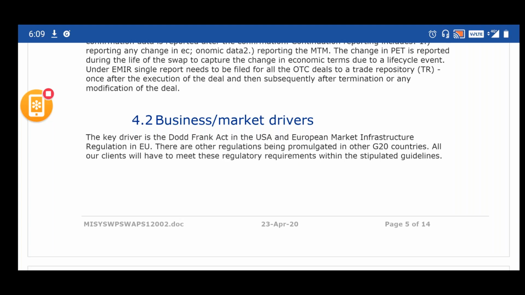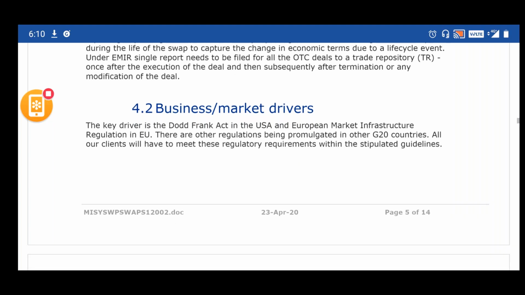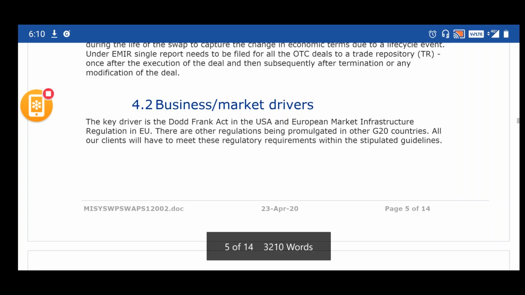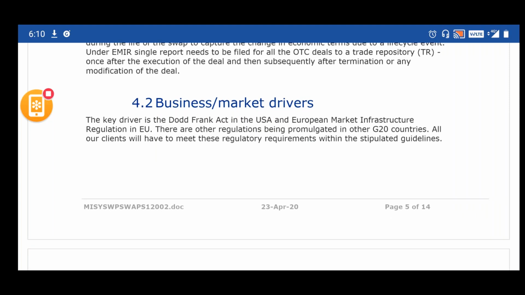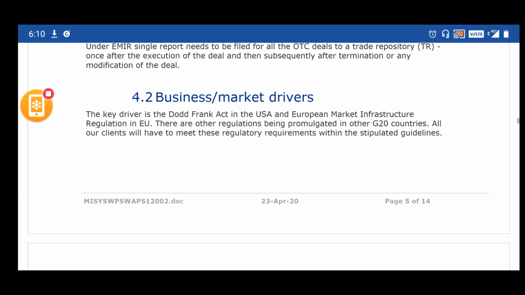What are those key drivers? The key business or market drivers are defined in this section. For example, the key driver is such and such act, because of which we need to implement these requirements, and so on. So the key drivers are mentioned under this particular section of the documentation.